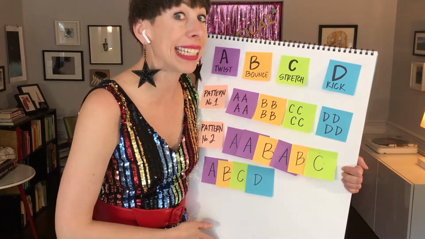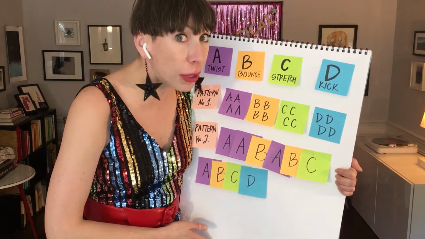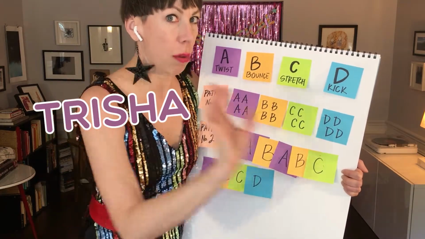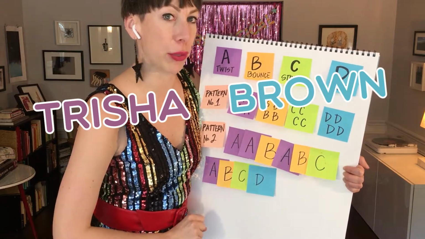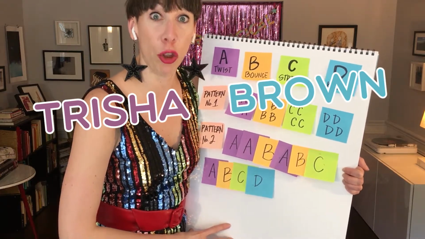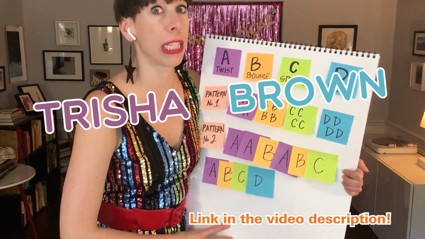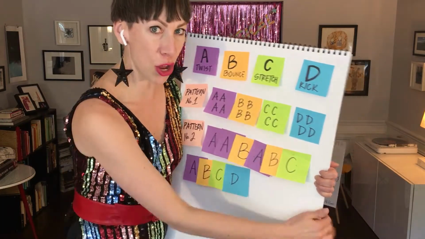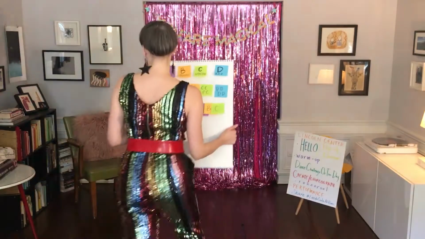You know who's really, really good at accumulation? She actually has a dance called Accumulation. Her name is Trisha Brown. Trisha Brown. Check her out and check out her dance Accumulation. Whew, it's a really awesome pattern party. Okay, shall we try to accumulate? All right, buddies, let's do this.